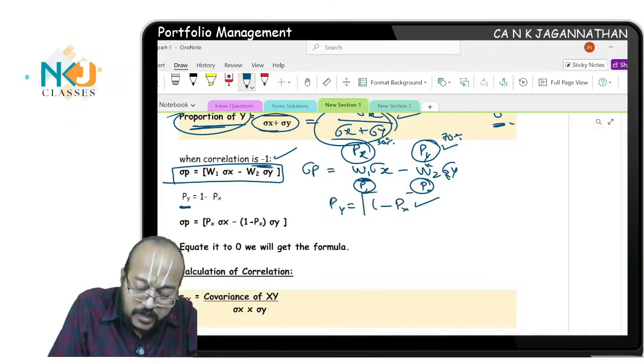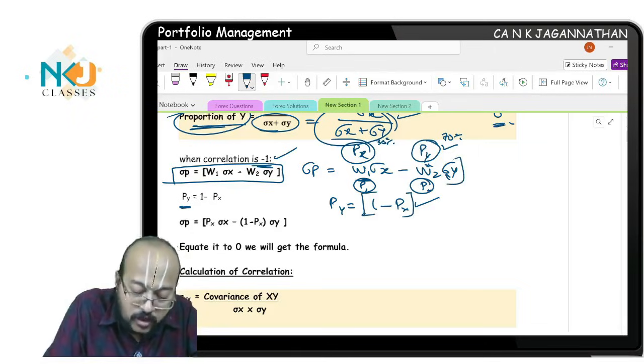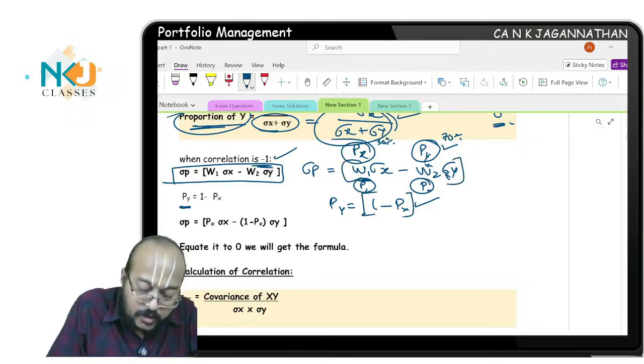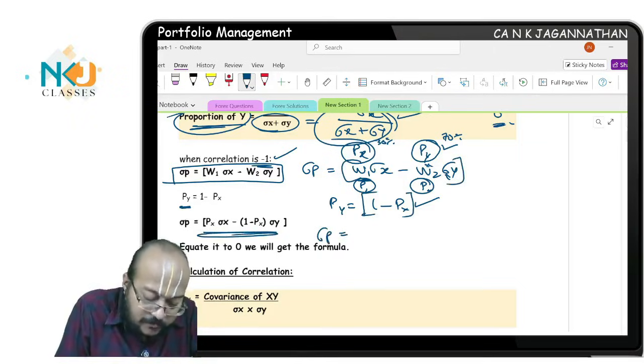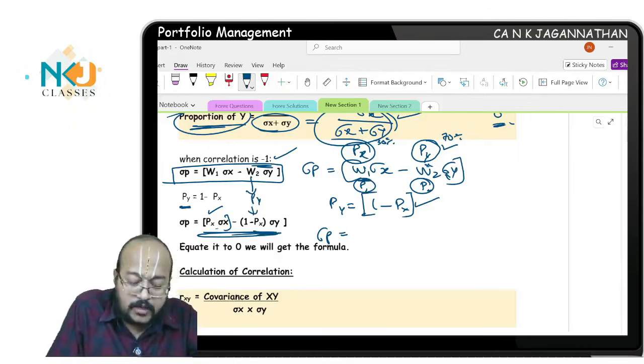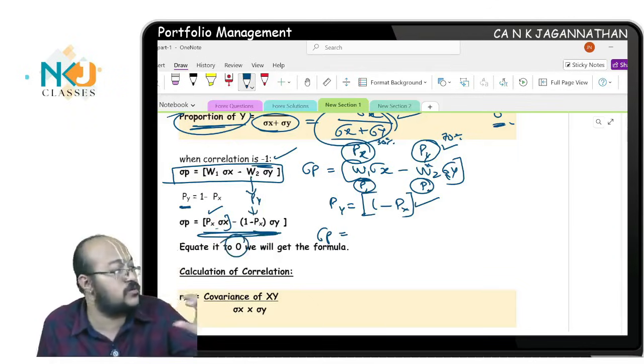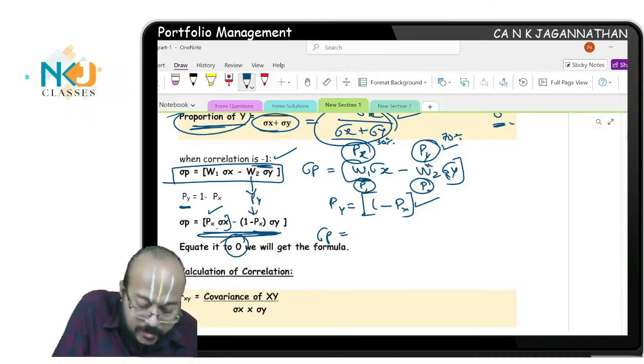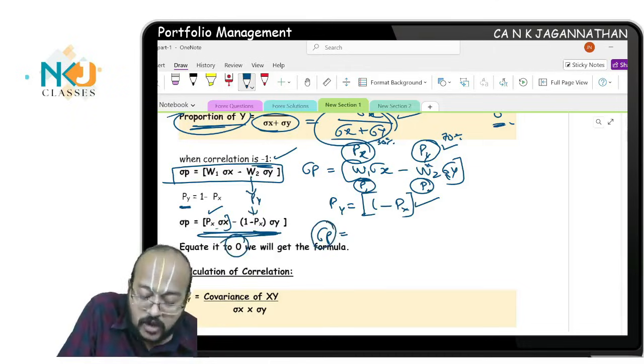This 1 minus PX, you substitute in this formula. Very simple. Sigma P is equal to PX sigma X, this is correct, minus weight 2, PY. For PY you substitute 1 minus PX into sigma Y. This you equate to 0 because you need to bring the risk to 0. The left hand side portfolio risk will become 0. So 0 is equal to PX